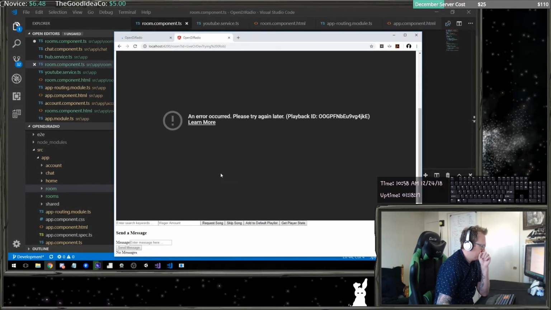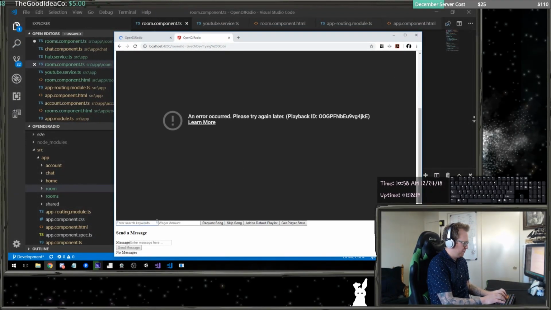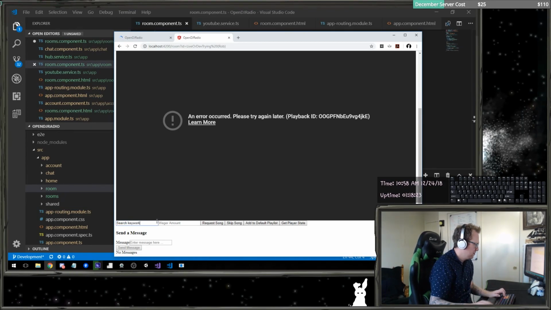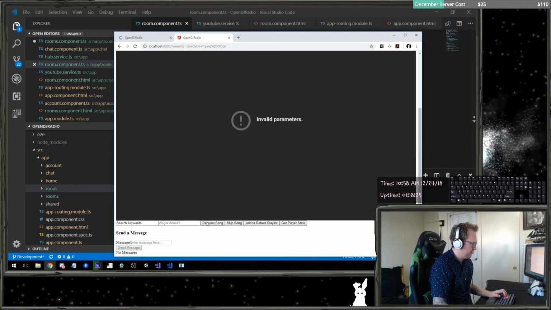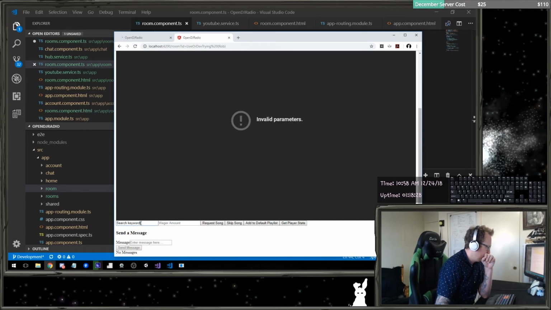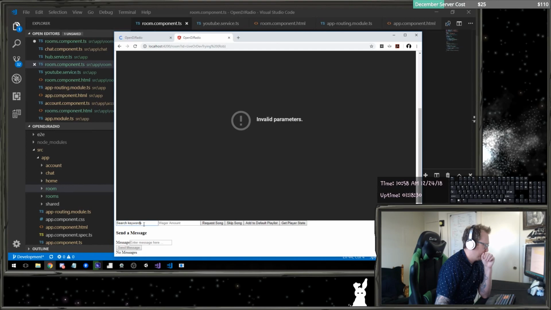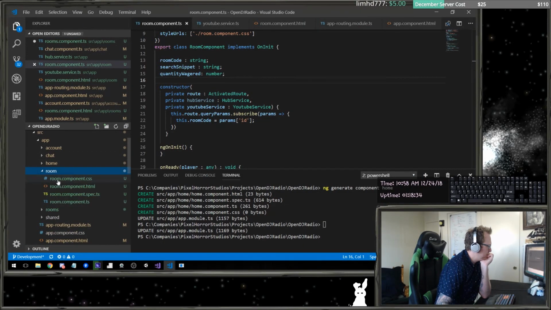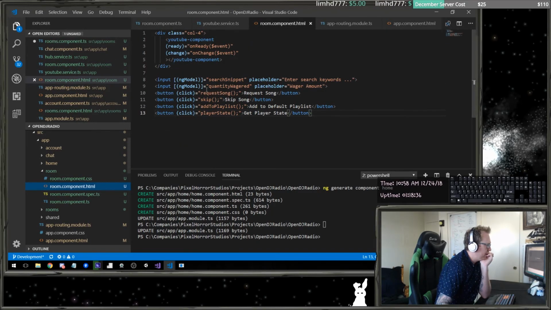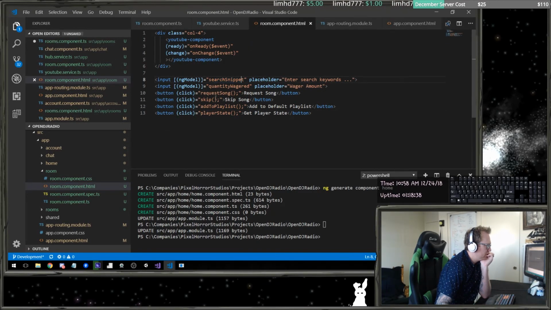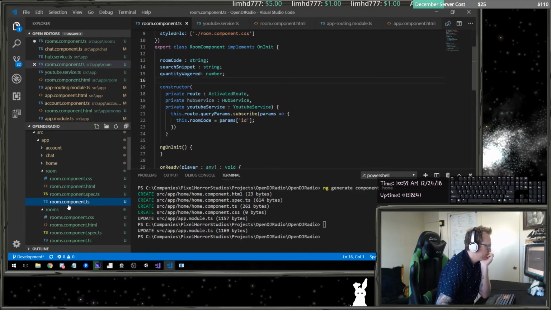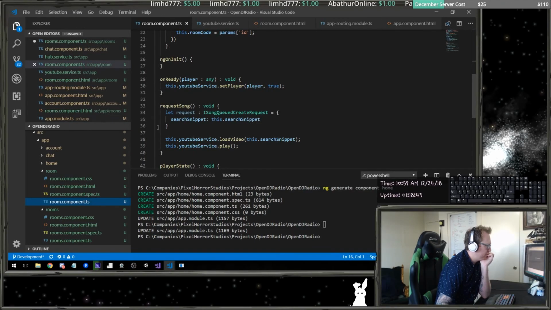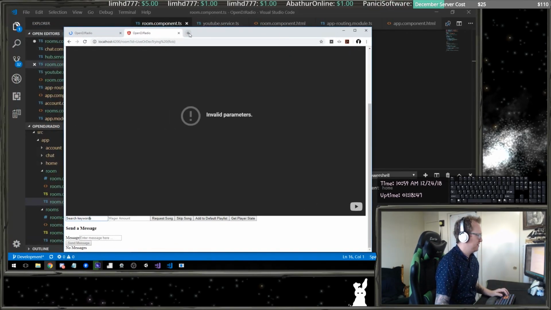So now I need to have this work where I do a search keywords and I do a request song, and it tells me currently invalid parameters. So let's see what's going on. If I look in my room component, when I do a search request song, that should load the search snippet. So if we test it, we can go to